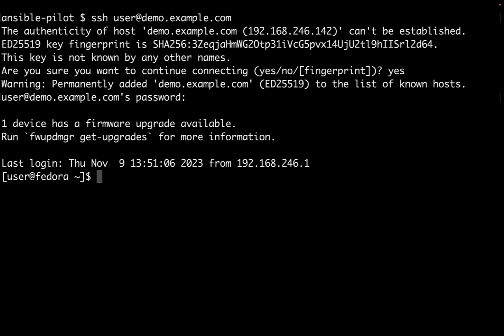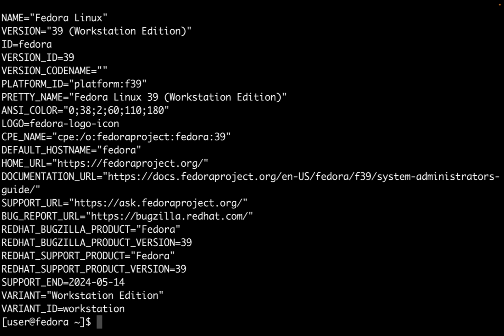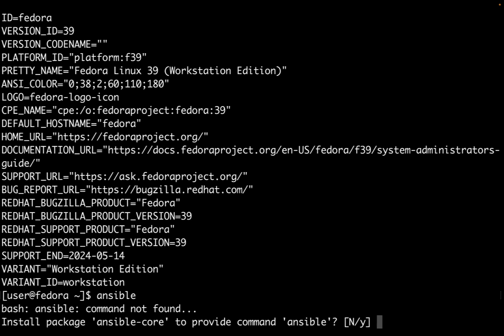This is a freshly installed Fedora Workstation 39. We can verify easily, for example, catting /etc/os-release, and this file contains a lot of variables that define our current operating system. As you can see, this is Workstation Edition, so it will have also the UI, but I'm gonna stick to